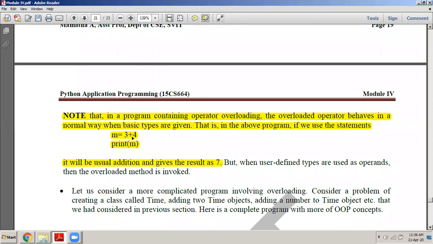Why? Because here to the plus operator I am passing integers as the arguments, integers as the operands. What are the operands here? To the plus, 3 and 4. So when 3 and 4 are simple integers, plus will behave normally. It will add these 2. But instead of this, if I write